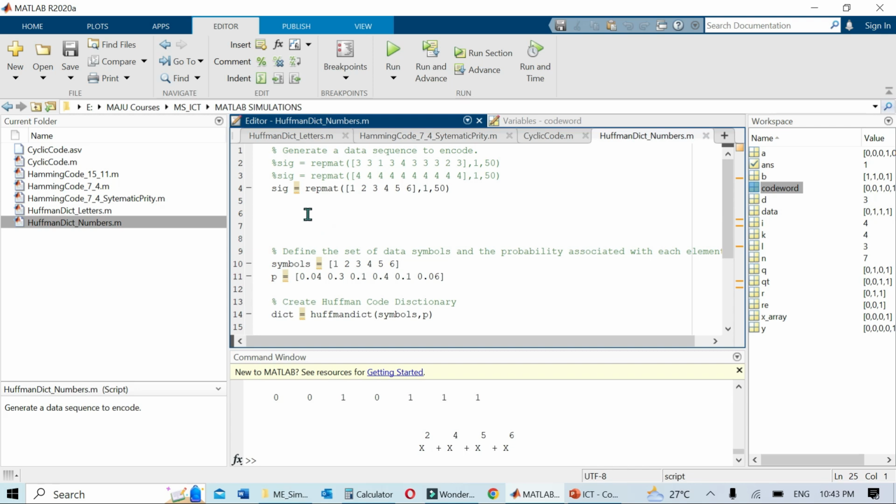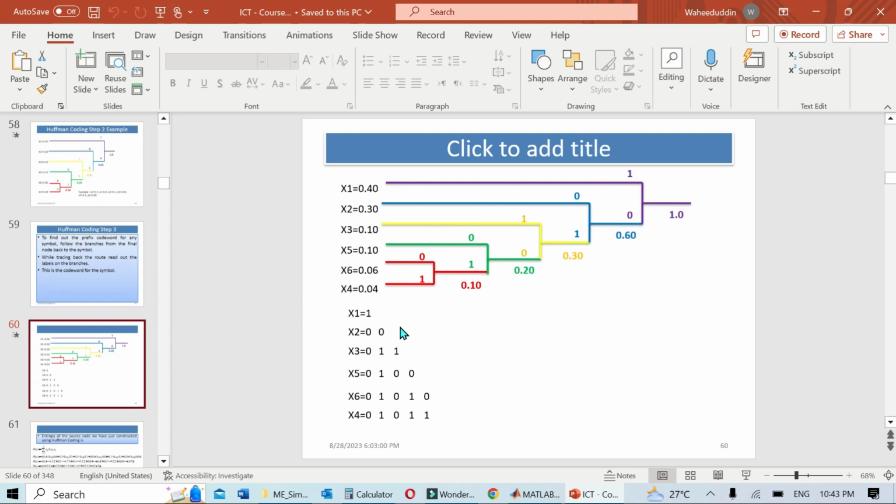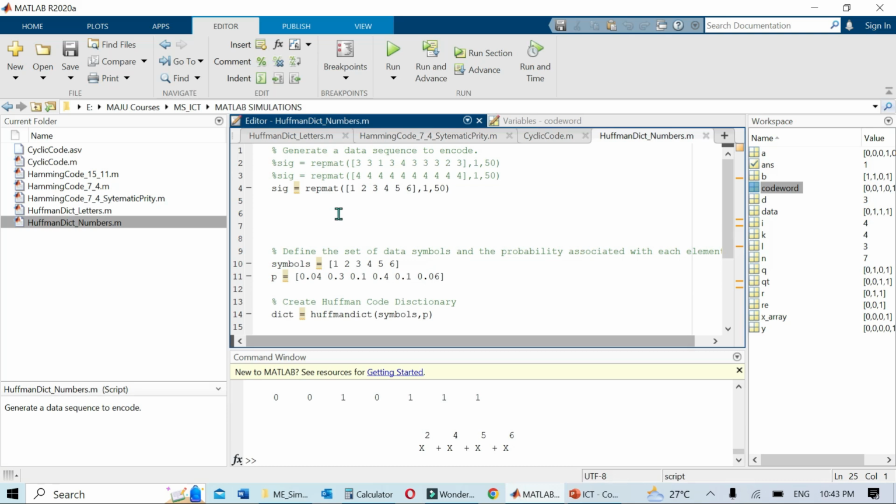So first of all we generate a signal, and since in this example I had taken 6 symbols, 1 to 6, in this one I have also taken the 6 symbols. It's not necessary that we should always take 6 symbols. The number of symbols may vary. It can be 3, 5, 8, 10, as many as you like. And then I repeated